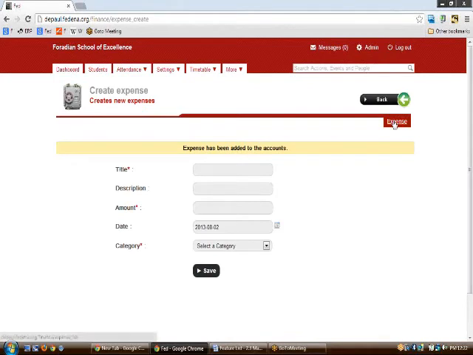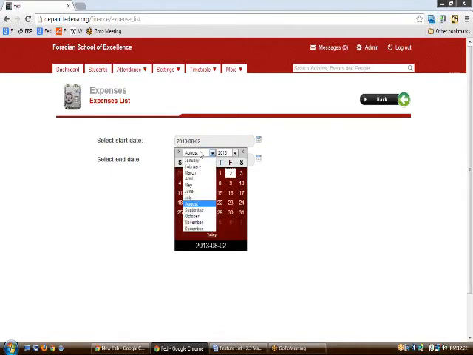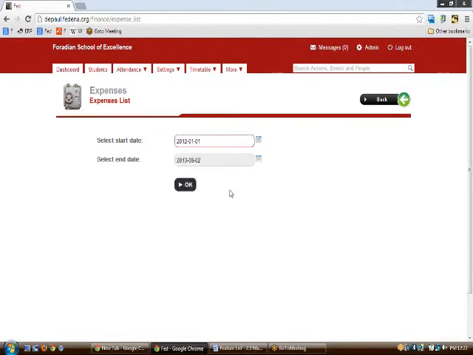Further, if you want to see the list of all the expenses, then you can click on the expenses link on the right and you can select the date. Let us say that we select a date, January 2012, date 1.